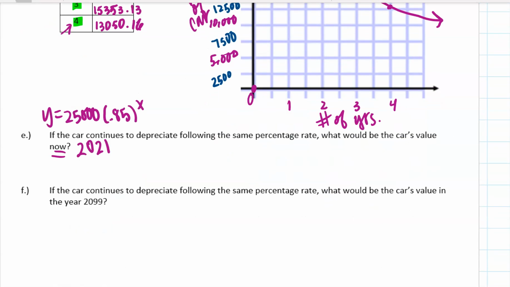Okay, so we need to go from 2005 to 2021. Okay, so we need to count how many years that is. It looks to be 16 years, because 5 plus 16 gives you 21. So the x value we're going to plug in is that 16. So y equals 25,